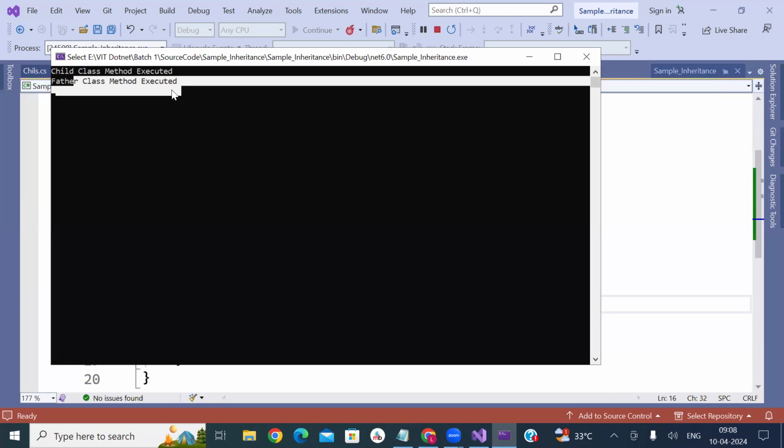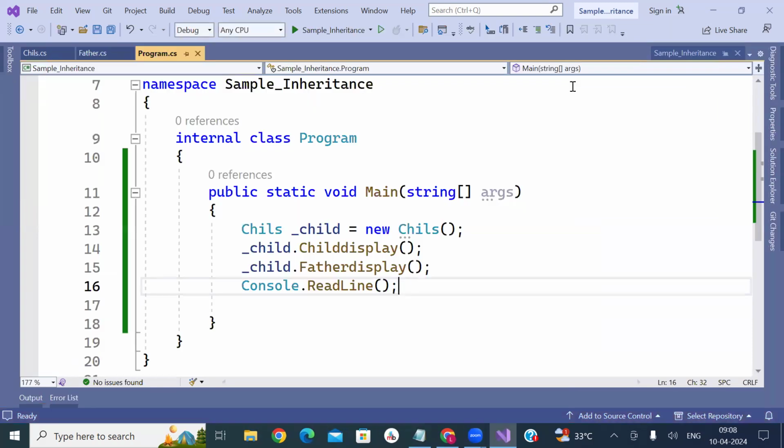So this is typically called inheritance. Now you understand what inheritance is? It is a concept of creating a base class and, based on that, deriving a derived class.